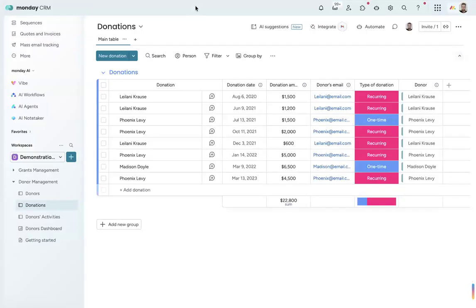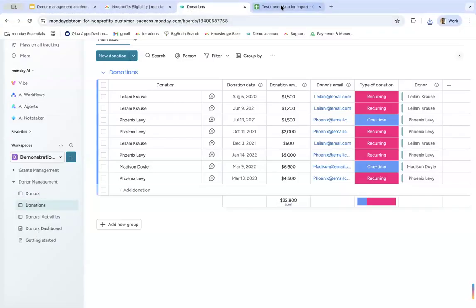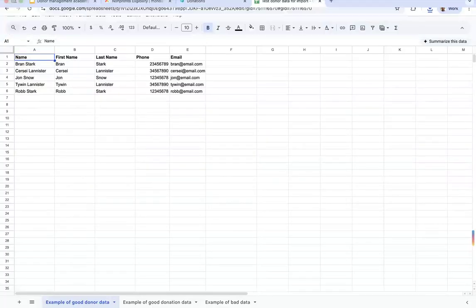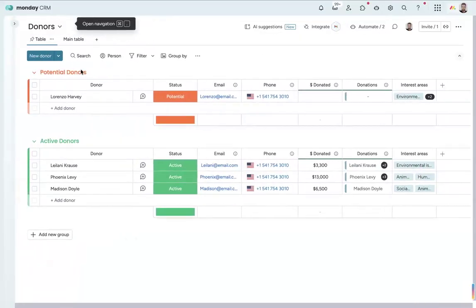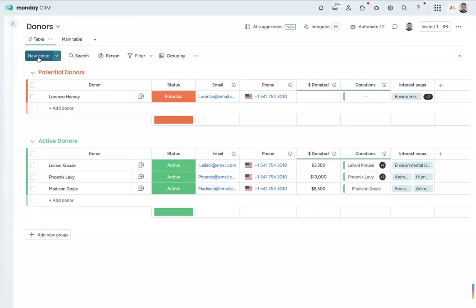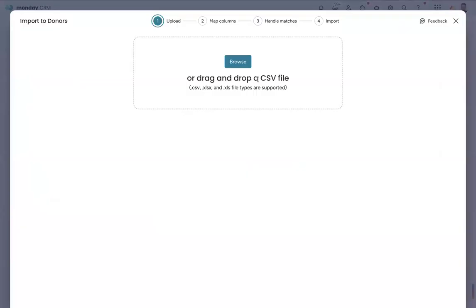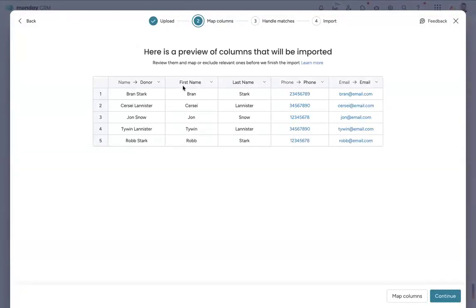And then to upload it into Monday, first of all, I need to go to the correct board, right? I separated it out. Here I'm uploading donors. So I'm going to go to the donors board. And on this board, instead of clicking on the new donor button, I click on the drop down and import donors. I just need then to find the file that I just downloaded and then map the columns. And in most cases, it's pretty straightforward because our data has been cleaned up and organized and it matches more or less with Monday's.